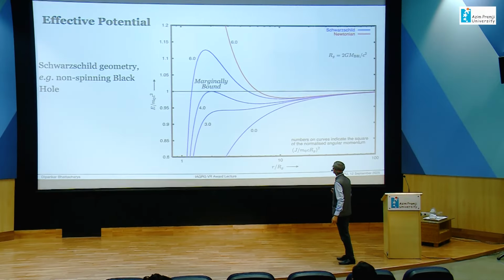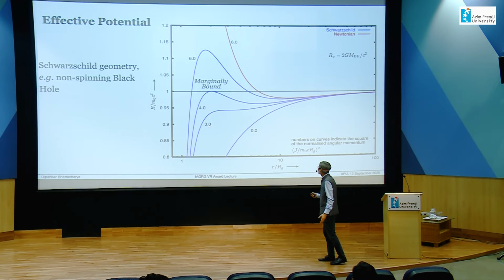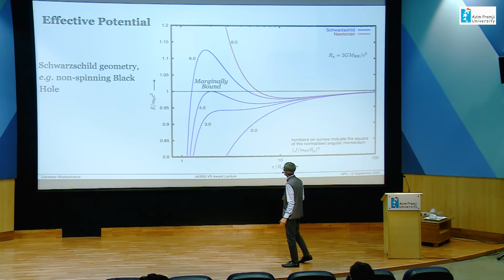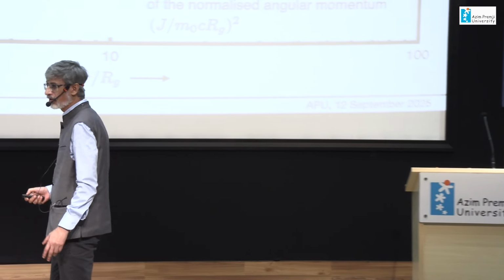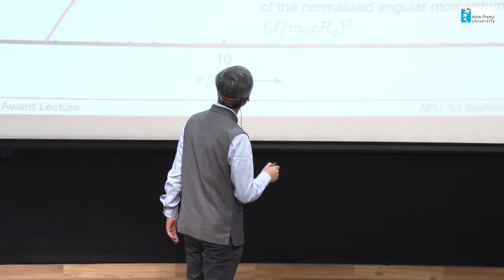Now, all of these curves can have circular orbits at all these angular momenta. But once you go below this angular momentum, there is no minimum in this curve. So, you cannot have a circular orbit. As you go from here to there, the circular orbits come nearer and nearer to the horizon. So, there is an innermost value of the circular orbit which belongs to this curve, which is at 3 times the horizon radius. And this is called the innermost stable circular orbit, or we refer to it as ISCO.